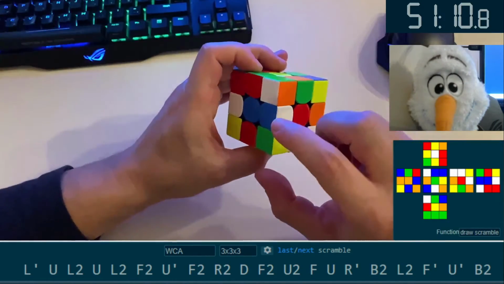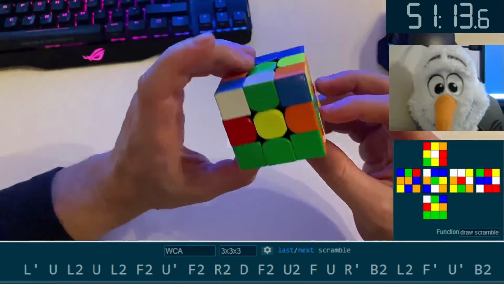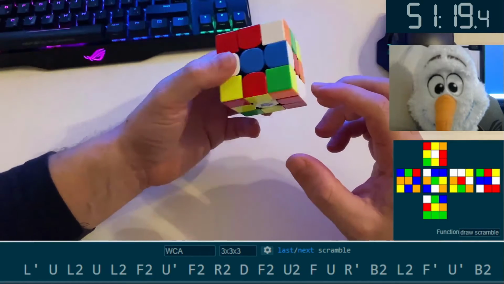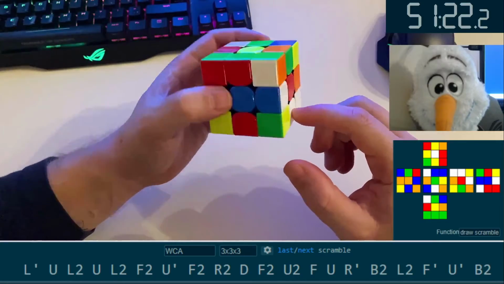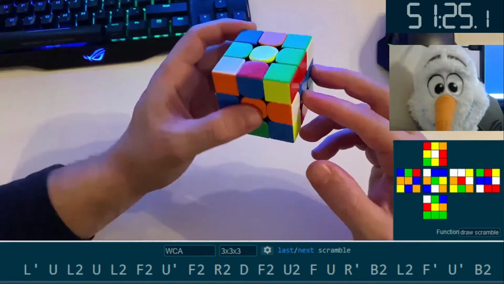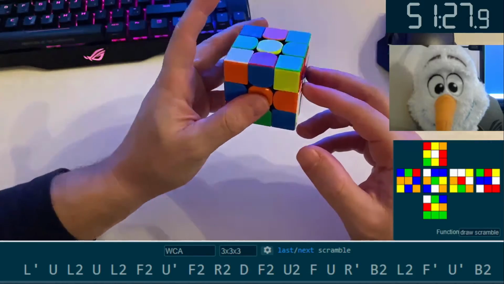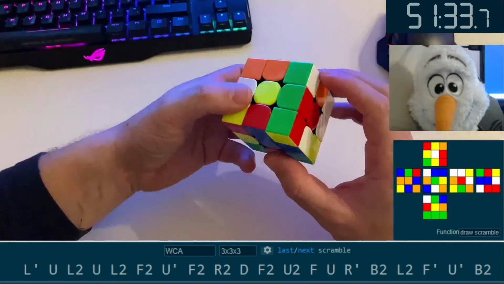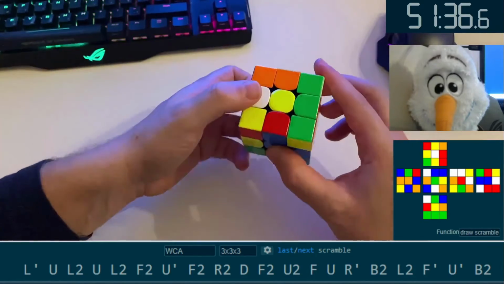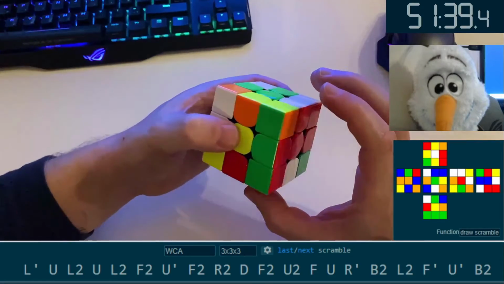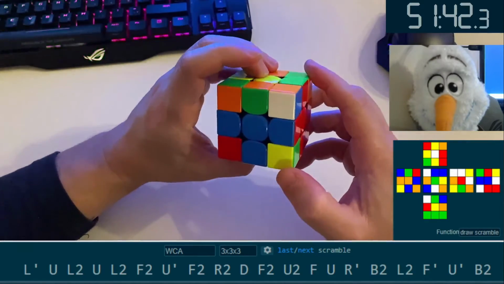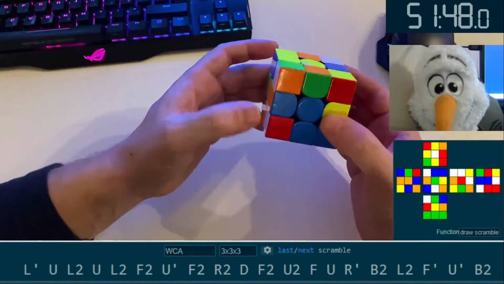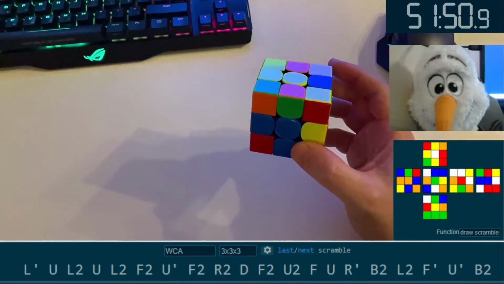Red, blue, orange, and green. Red is in a bad spot. We will solve that with blue, but green is not too good. So 1, 2, 3, 4, 5, 6, 7. Okay, X cross. Keyhole. Ooh,